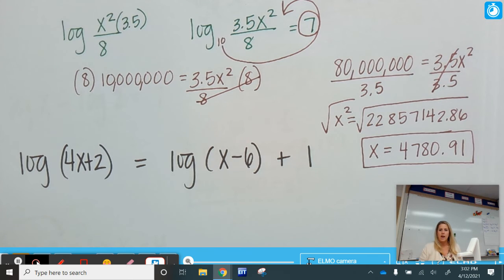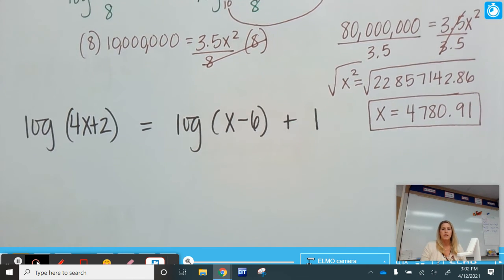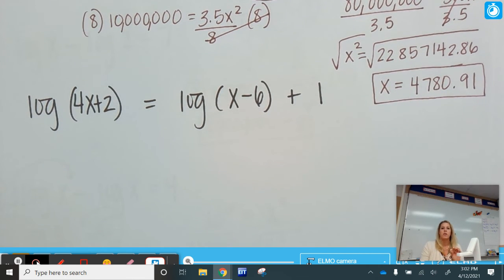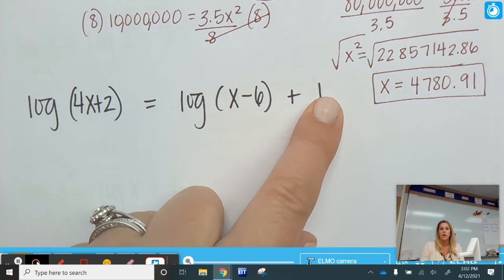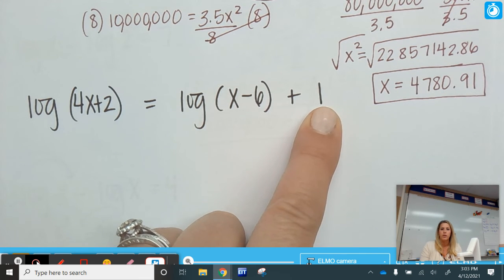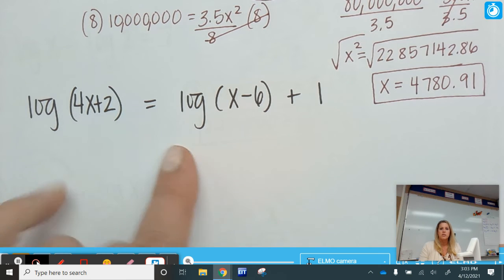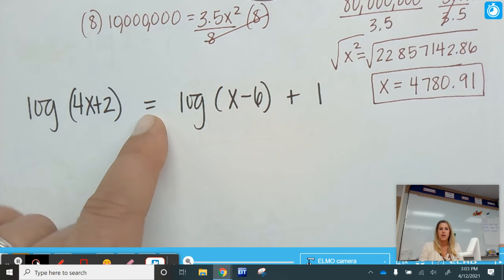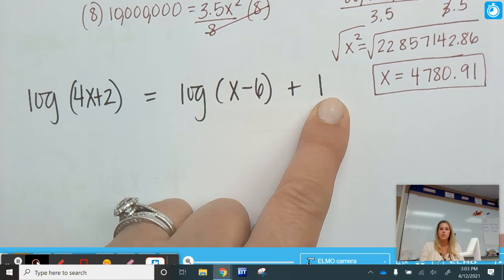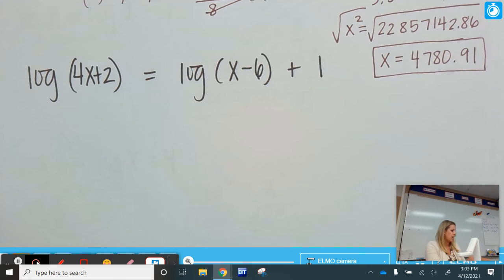All right, last one. Now this one's a little bit different, because we've got a 1 here, which we have not had, one with just a number. They've always been logs. So I can't combine these. These are on opposite sides of the equal sign. But what we can do is we can change this one. So if you remember